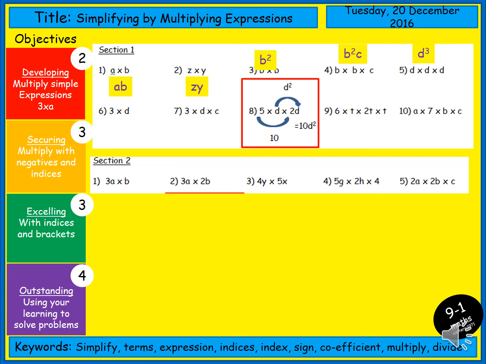Okay, question 6, we've got 3D. So we've got 3 times D, so we just write that as 3D. Question 7, we've got 3 times D times C. So we've got the 3 at the front, and then it's just DC afterwards. Again, you can switch the order to get 3CD. Either answer would be fine. Question 8 has been done for us already, that's 10D squared. So question 9,